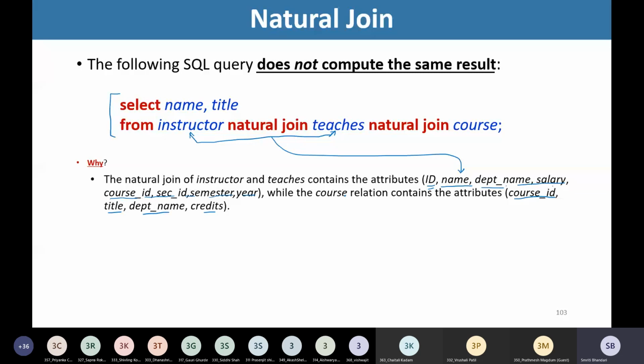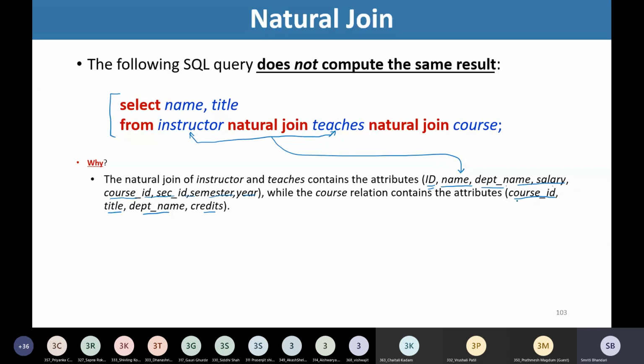Now, if we are computing the natural join of these two relations, according to the definition of natural join, what will happen? Whichever are the common attributes, those are being matched.